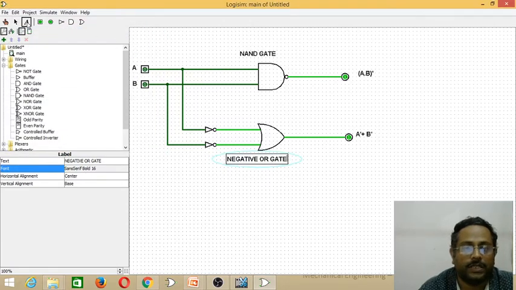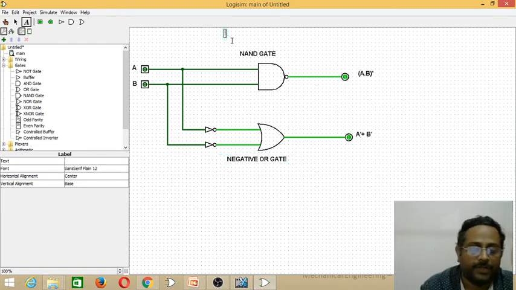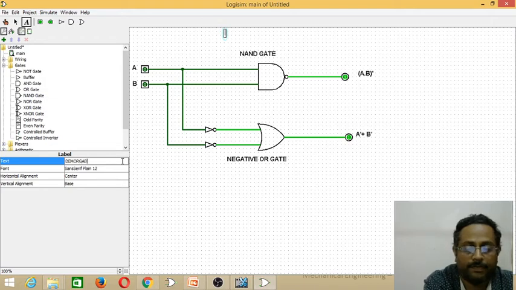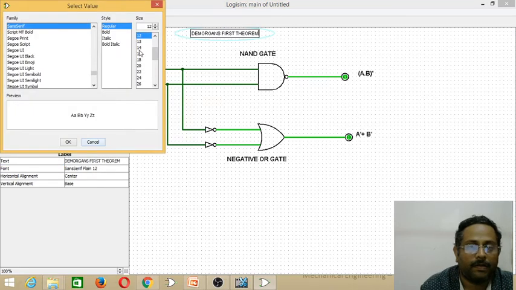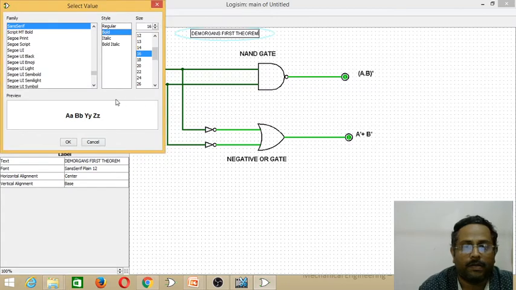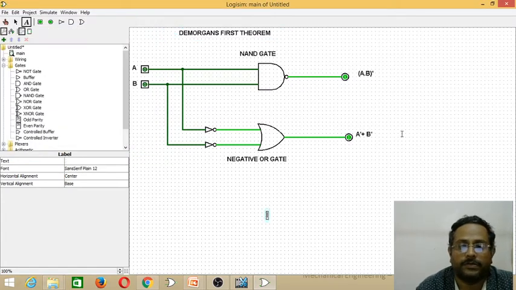Then name the theorem, that is De Morgan's first theorem. This completes construction of the circuit with labeling. This labeling enhances the understanding of the circuits very easily: what are the components, what is the input and output.